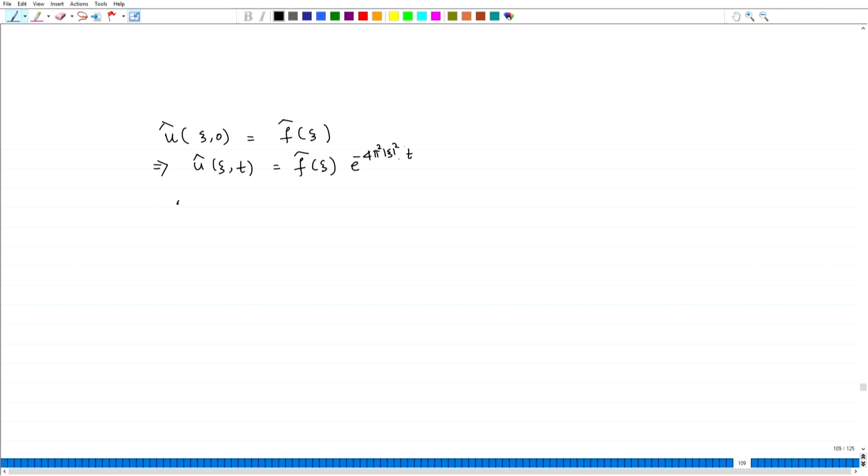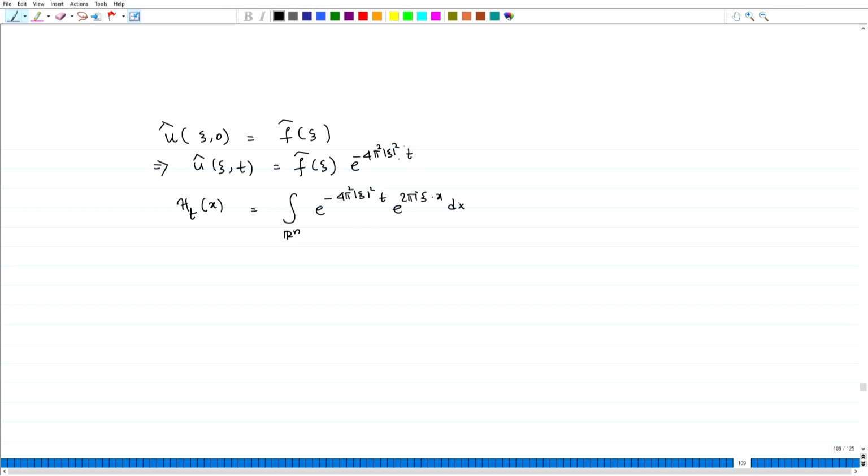Now if we define h t of x to be the integral on R n of e to the power minus 4 pi square mod xi square t and e to the power 2 pi i xi dot x d xi,